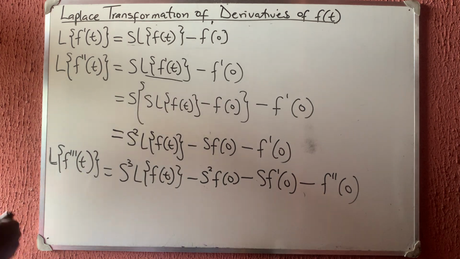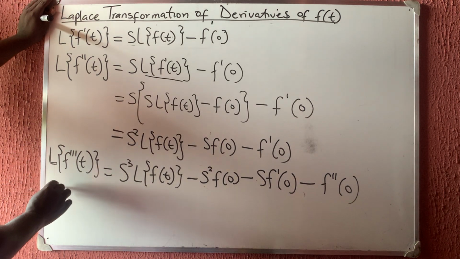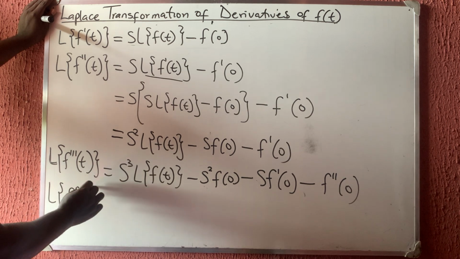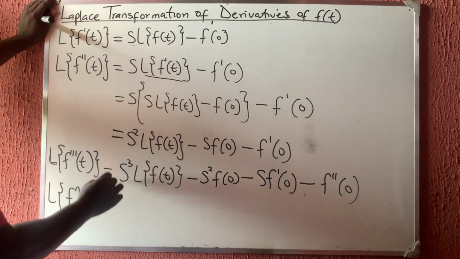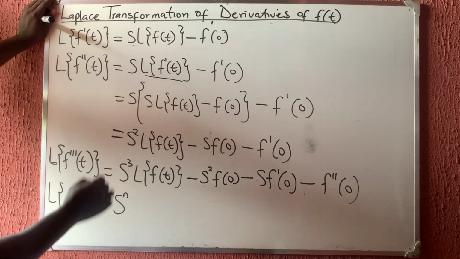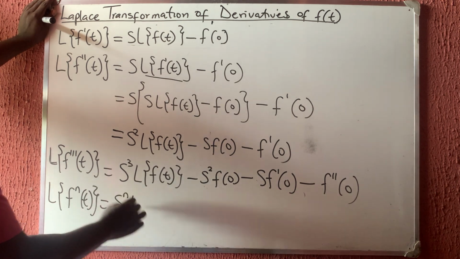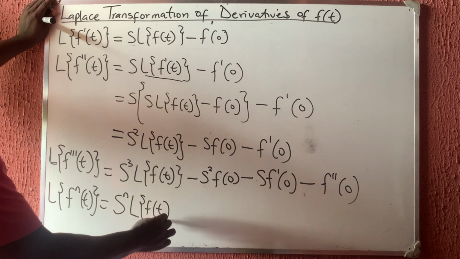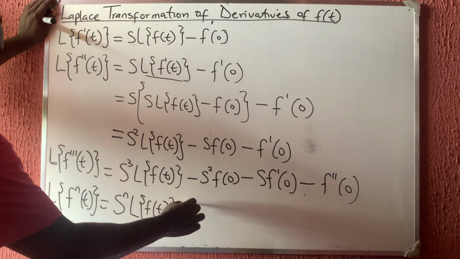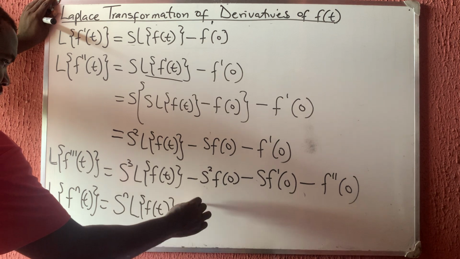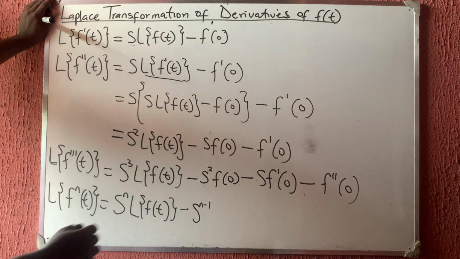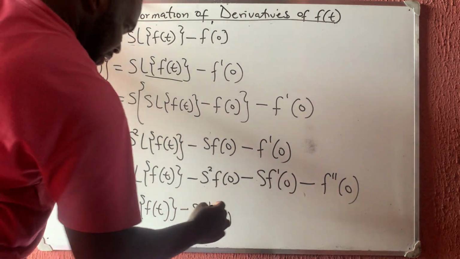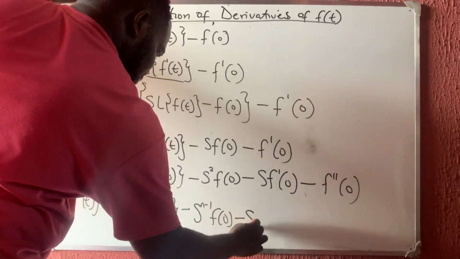Okay, so tell me what this will now be. The Laplace transformation of f raised to power n of t. So what do you think it will be? It will start with what? S raised to power n, the Laplace transformation of f of t, minus s raised to power n minus 1. I hope you know. F of 0. Okay, then minus s raised to power